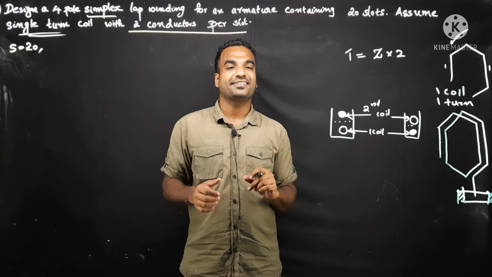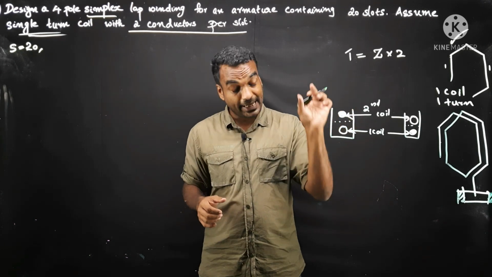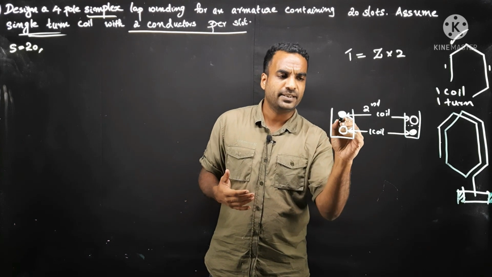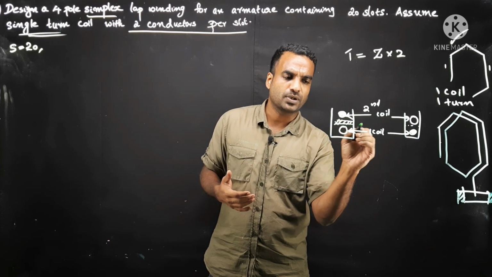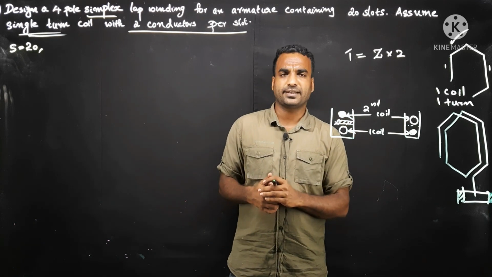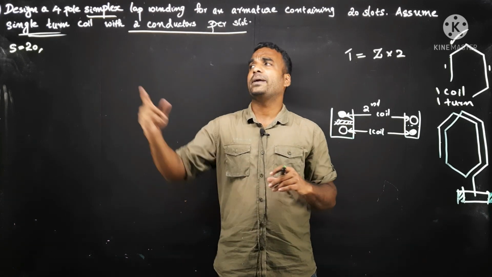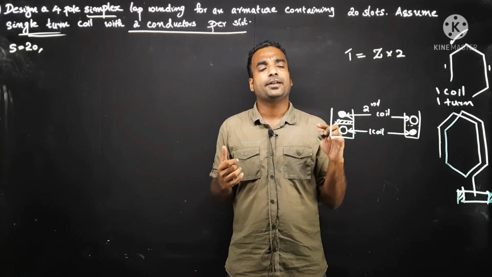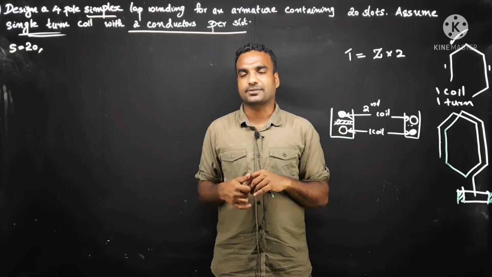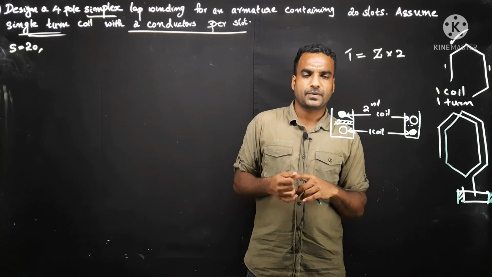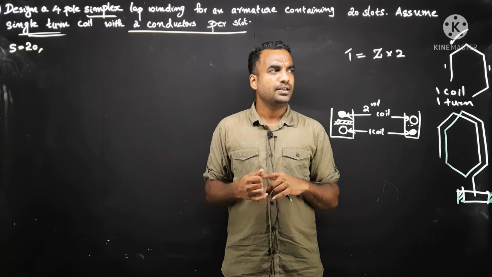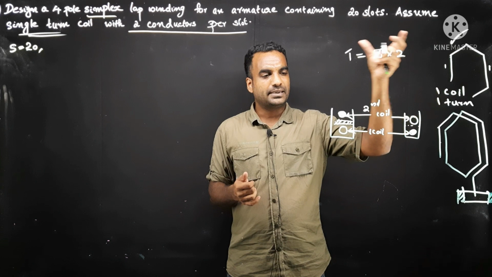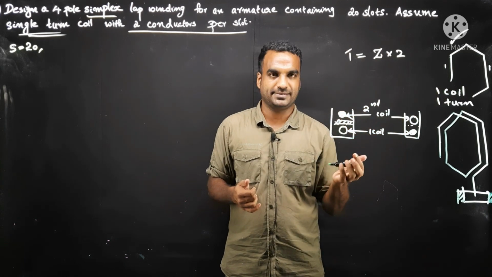So this is one coil and there is no direct connection with the second coil. But in each slot there are two conductors. You are isolating these conductors, there is no electrical connection between them. But instead of making 40 slots, you decided to make only 20 slots and you are placing two conductors in a slot. That is the meaning. Okay, I hope it is clear. It is not a double turn. The coils are single turn, but you are using the slot twice.